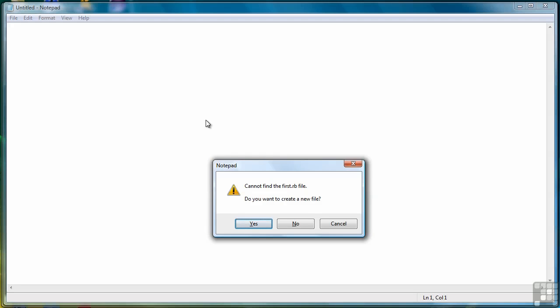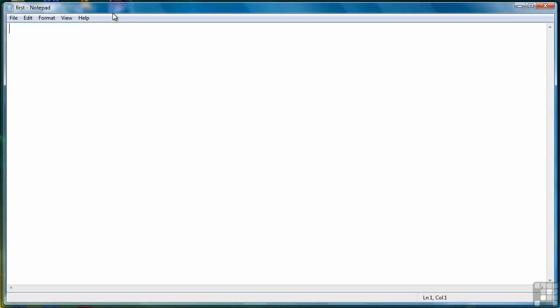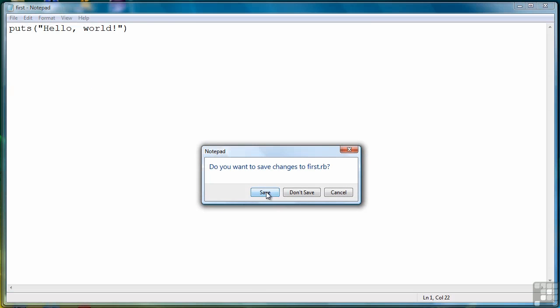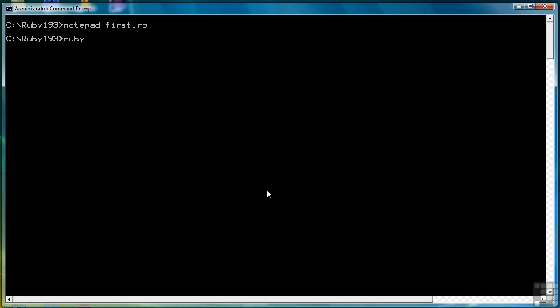So we're going to open the file, answer yes to create a new file, and then we're going to do a simple Hello World program. So let me write that up real quick. And that's all we need. Puts says we want to write to the standard output, and then Hello World is the text that we want to display on the screen. So we'll click exit and save, and then to run the script we'll type ruby first.rb, and we see we